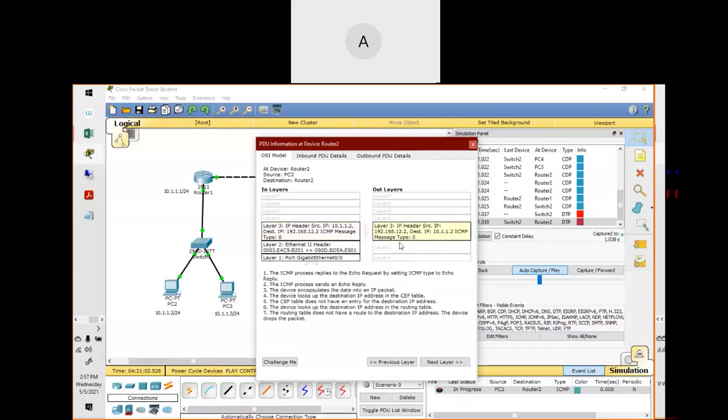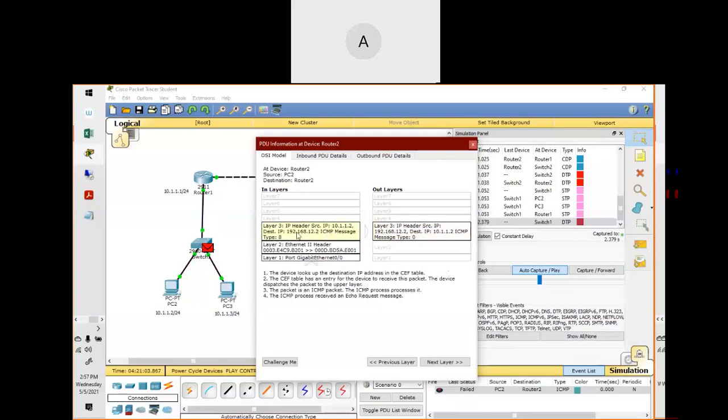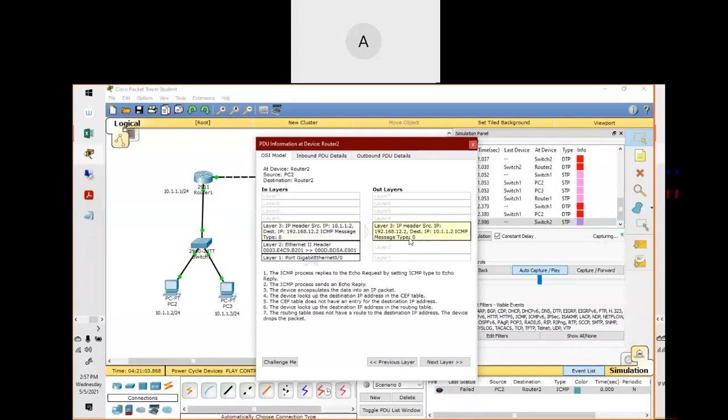As you can see, guys, this is your type 0 and this is your type 8, right? If you guys know about the ICMP header, ICMP uses two codes. For sending the ping, it uses message type 8, and to get a reply, it uses message type 0.